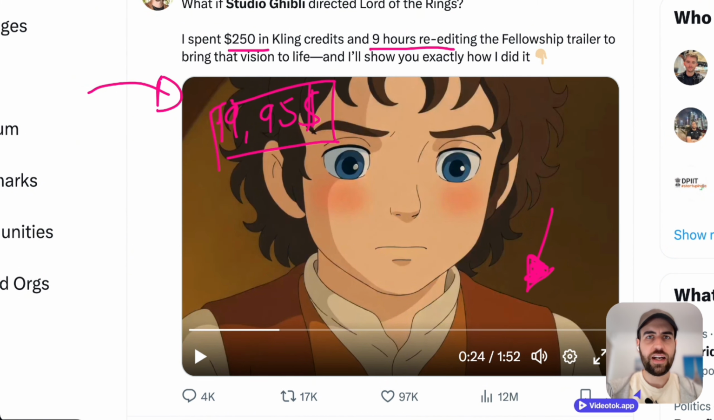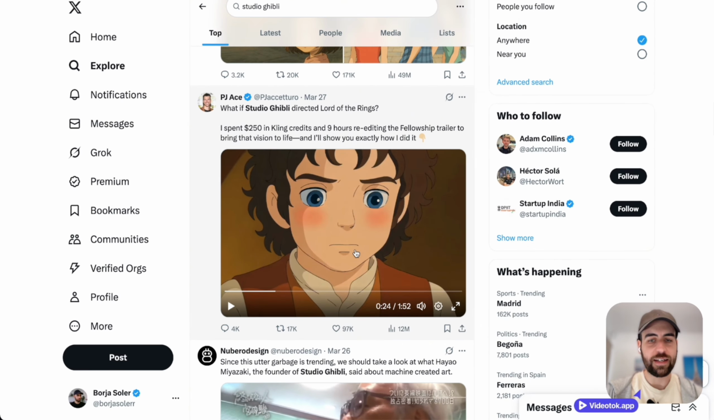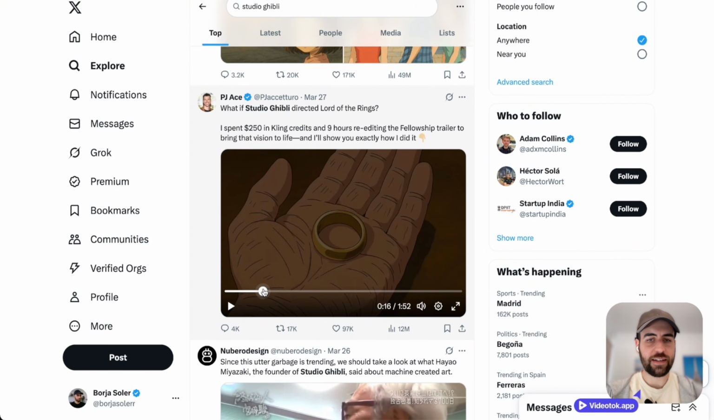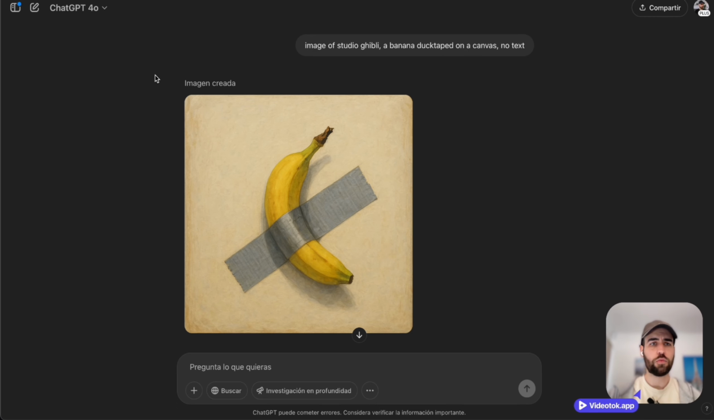Okay, but to get there, first we will have to see how to create all these images in the Studio Ghibli style, right? Because, for example, real images from each scene of The Lord of the Rings have been used to recreate and animate it with AI. How can we do that? Well, we would have to go to ChatGPT, and here in ChatGPT, for example, I created this really quickly, where